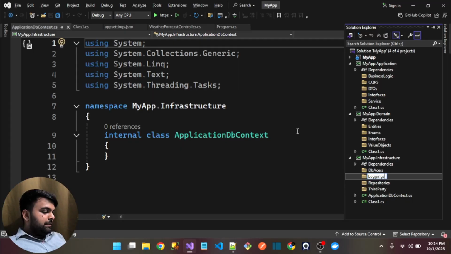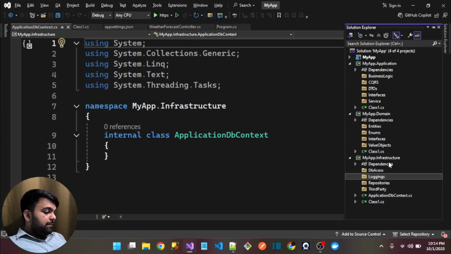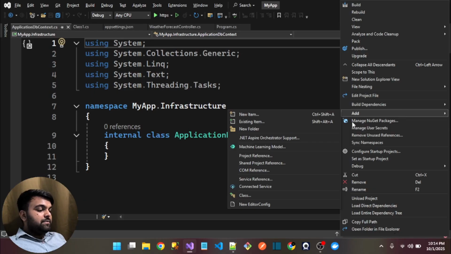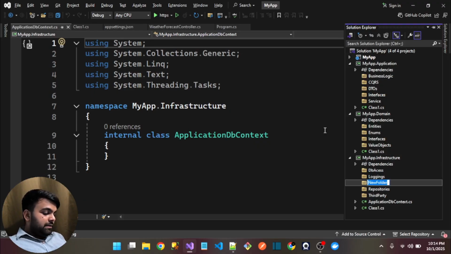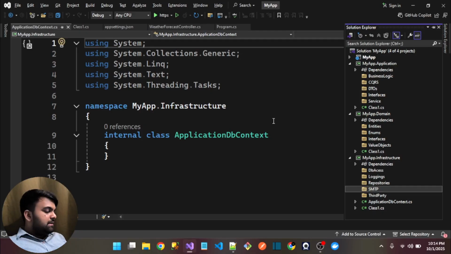Logins. Okay, or email, like email functionality, OTP based functionality, SMTP based functionality. Okay, so SMTP just here, or external APIs, persistence. Okay, so